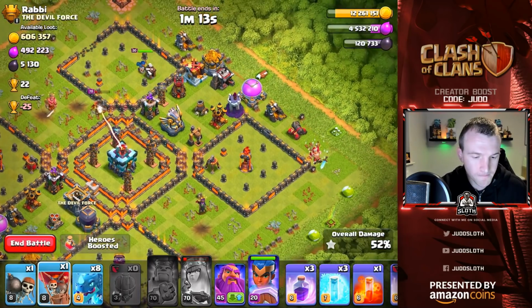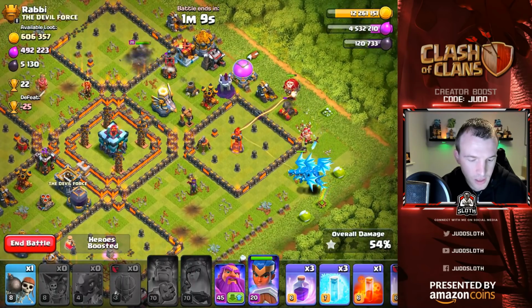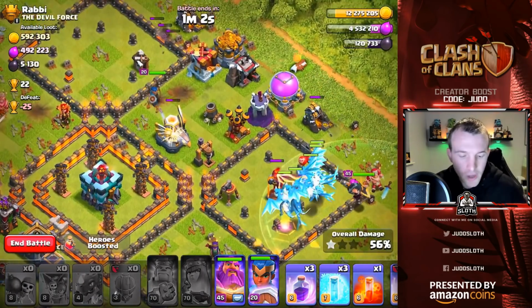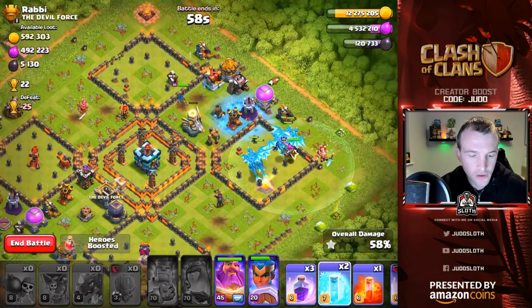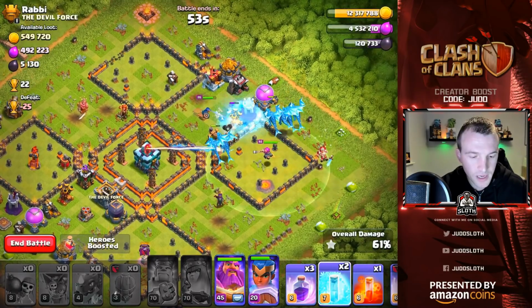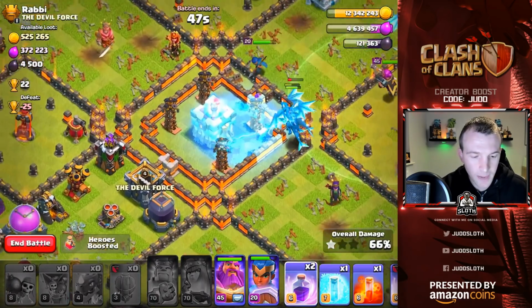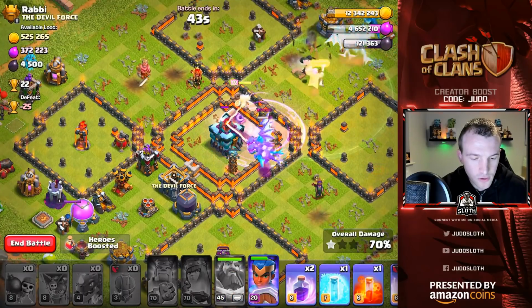So let's go with one loon here. Then let's send the E-Drags to the multi with the Grand Warden. Let's just send that wall breaker in to tank and do nothing. But the Royal Champion is going to snipe off the Eagle. Let's freeze the air defense just to help the E-Drags a touch. We could use the Royal Champion's ability, but I kind of want to save it to see what I want to see, guys. Can we save the Royal Champion and the ability so that we can use it right at the end? Let's use the Grand Warden's...